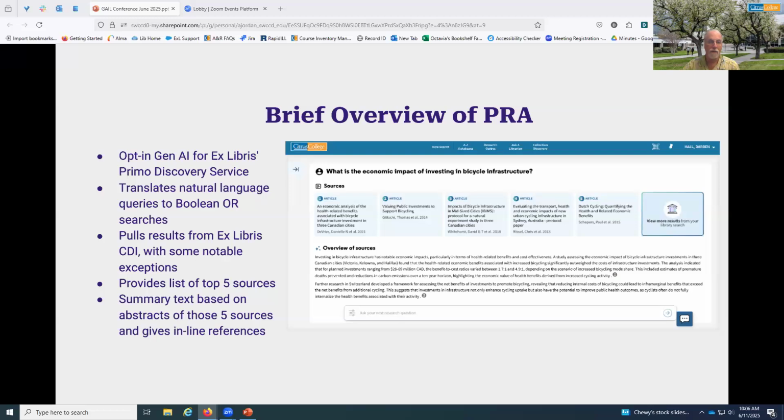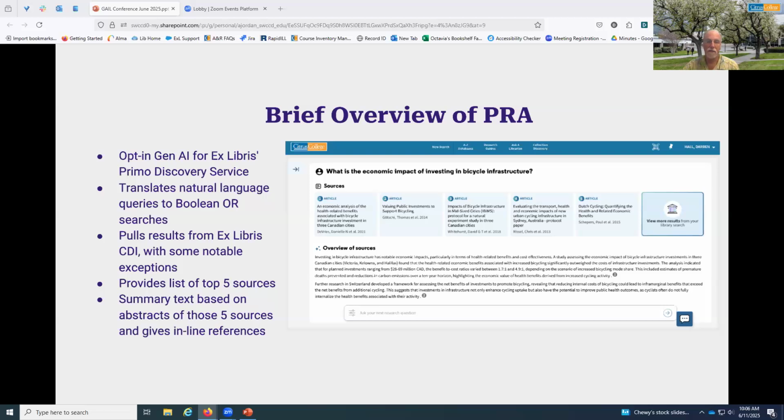A note about the Ex Libris Central Discovery Index: it contains some 2 billion items, but PRA excludes certain content formats, including news and videos.